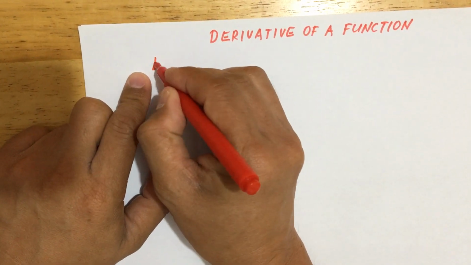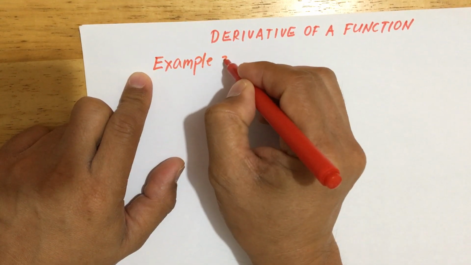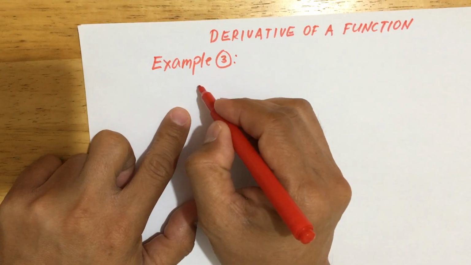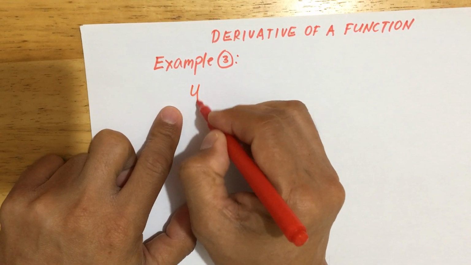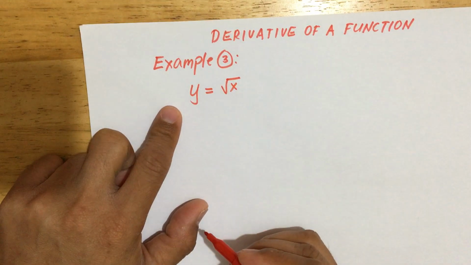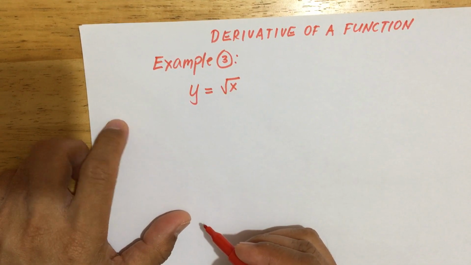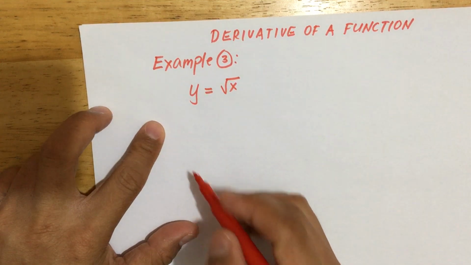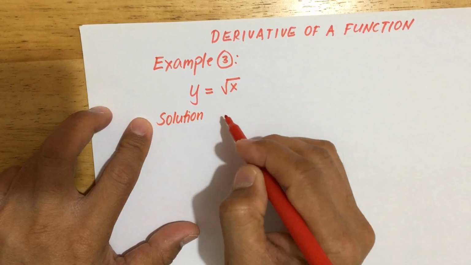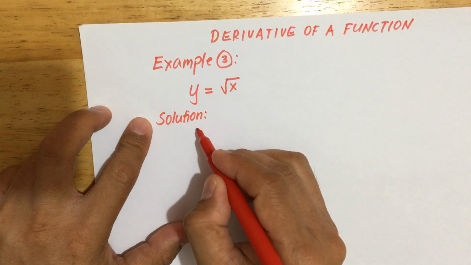So this is our example number 3. We are asked to solve for the derivative of y equal to the square root of x. So what is the derivative of y equal to square root of x? So, solution here. Remember that we need to change